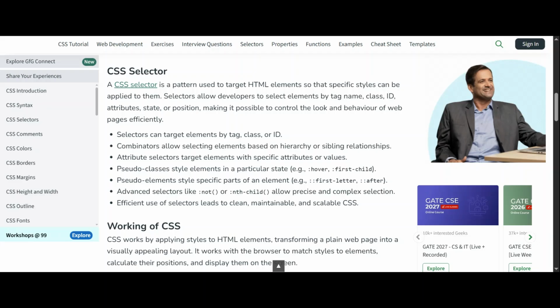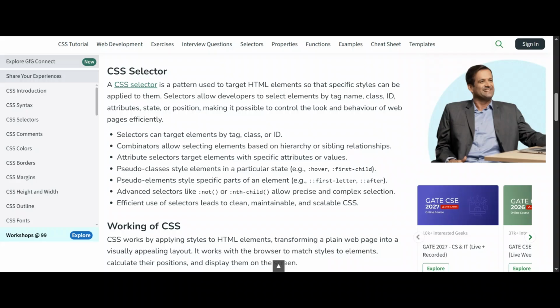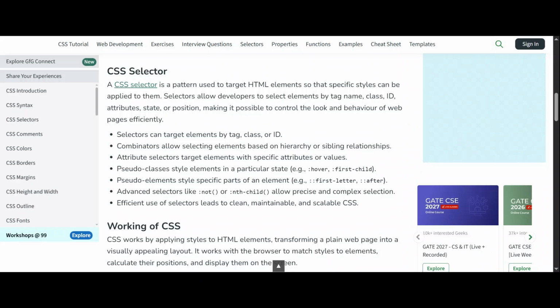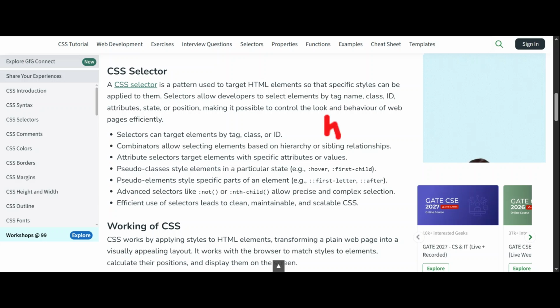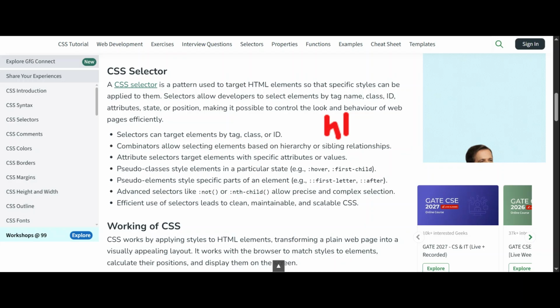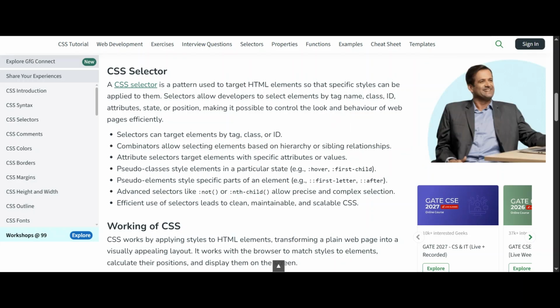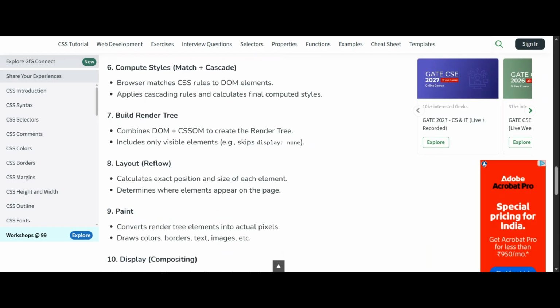So these are things we give to a specific element. Basically, we want to uniquely identify an element. We give them a class or ID to uniquely identify an element. For example, you have an H1 tag. Now you can have several H1s in a single web page. Let me show you. So this is the web page, and you've got here an H1 tag, a paragraph, H1, a paragraph. Now let's say we want a specific style for